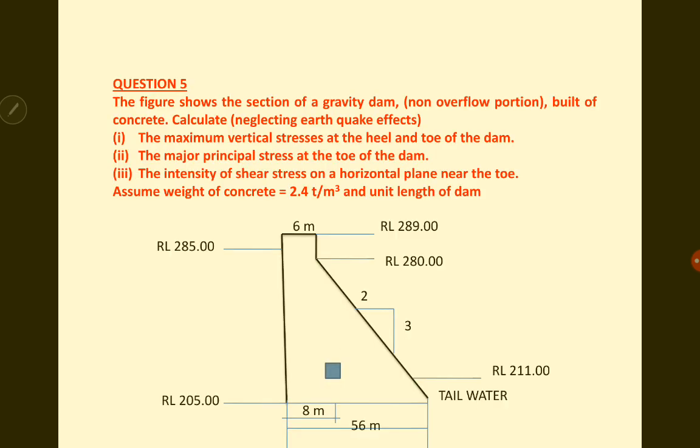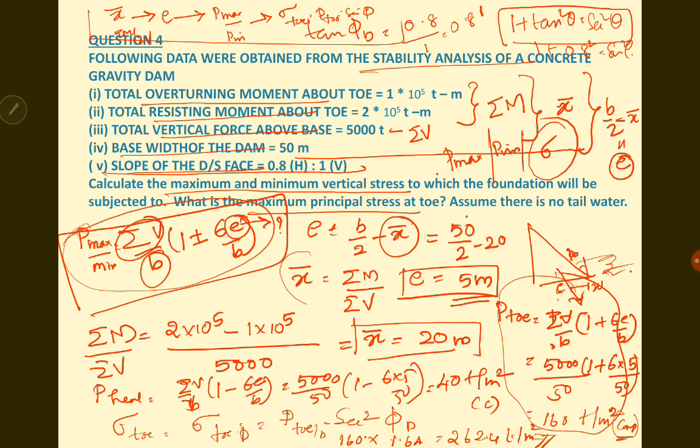In the previous question, they have given us the total vertical forces, the total overturning and resisting moment. They have given us these values, and you just have to find out the maximum and minimum stress and principal stress just by substituting in the equation. Now in the next question, they haven't given us the value of total overturning. These three values are not given to us. So the first step is to find these values. They have given us the basic profile of the dam, and then you have to find these three parameters so that the data is complete. Then you can proceed the same way.